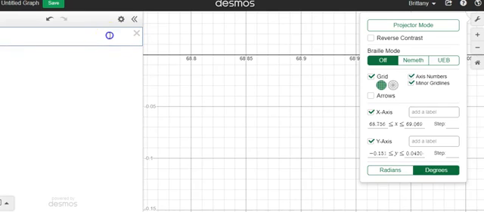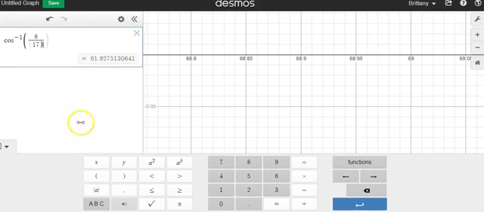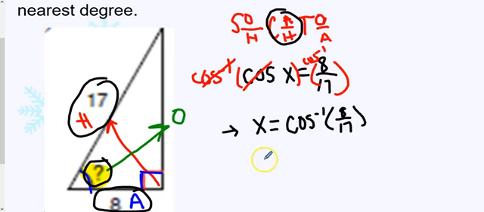So let's go to here and we're going to type in cosine inverse. So again, we're going to go to functions, cosine inverse of 8 divided by 17. If you're getting a negative number, most of the time that means you are in radians. So please make sure again that you are in degrees. And we're rounding to the nearest tenth here again, so we've got 61.9, and we're talking about angles. So this is degrees. So x is equal to